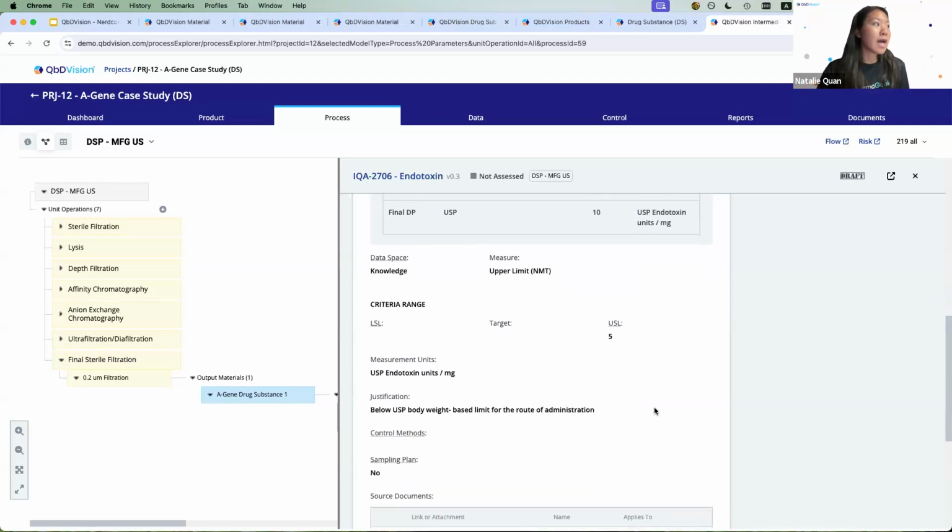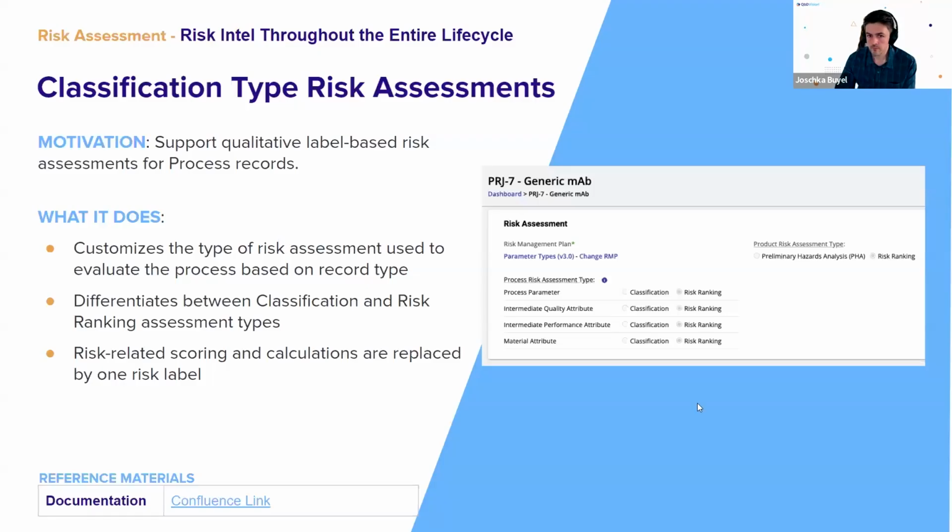Great. So with that, that wraps up my part of the demo. And now I'm going to go ahead and hand it over to Yashka to show us the new risk features. Thank you, Natalie. Yeah, I'm very happy to show you now what we can do in risk assessments now in